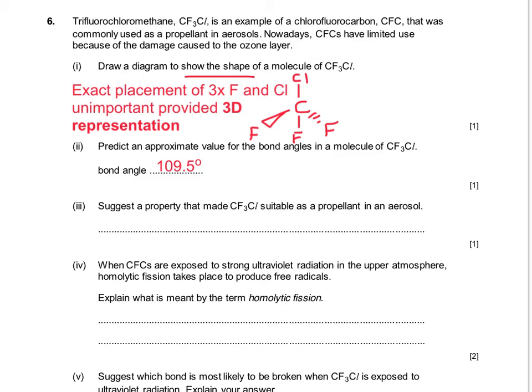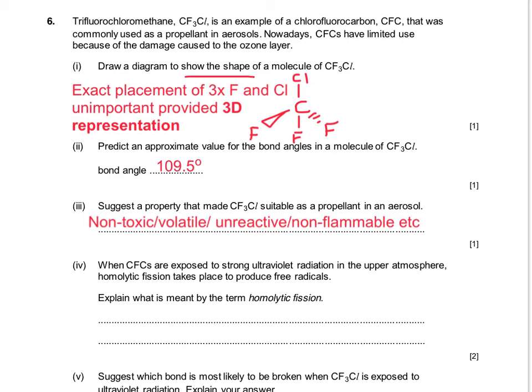Then it asks you to suggest a property that makes that compound suitable as a propellant in an aerosol. Now, a propellant is going to help to propel the droplets out of the aerosol can into the air. So it's going to need to be volatile or have a low melting point. It also needs to be non-flammable or non-toxic, unreactive, so lots and lots of different things you could possibly say. Now, all of these are just simply a bit of common sense. You don't have to know anything particular about